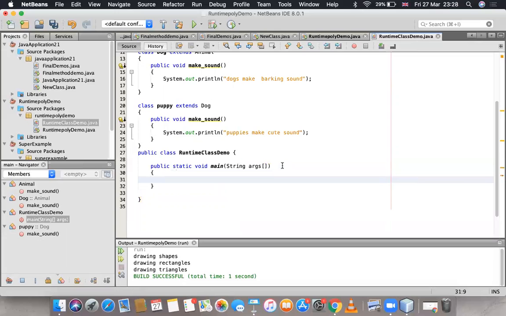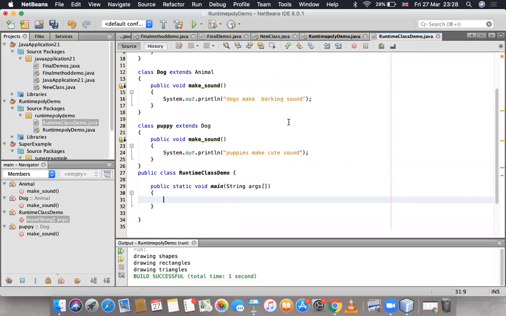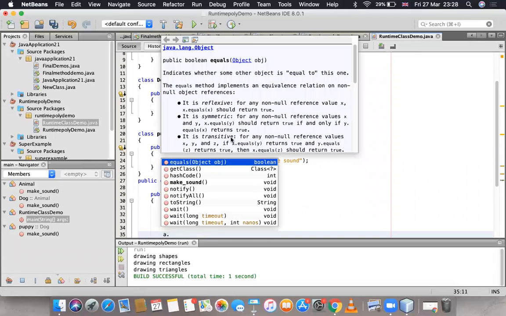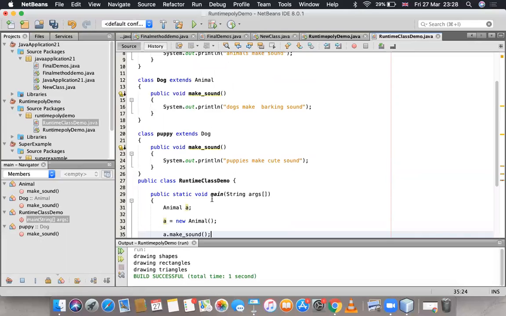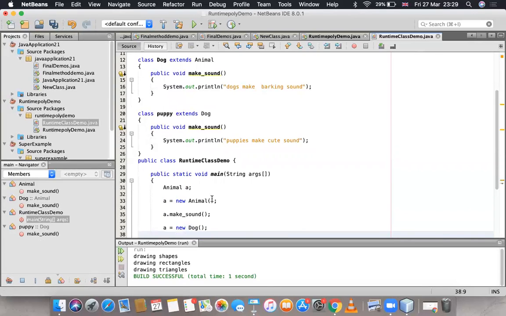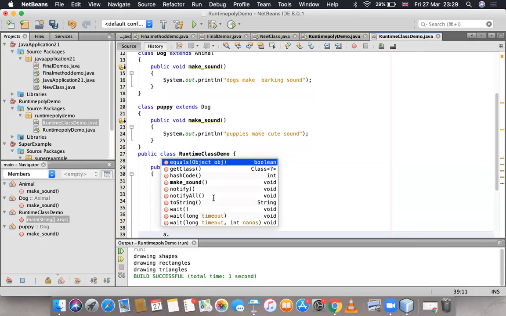Inside this I'm going to create an object of the Animal class, that is Animal a, and then I'm writing a is equal to new Animal(), and then a.make_sound(), and then I'm writing a is equal to new Dog(), and then a.make_sound().